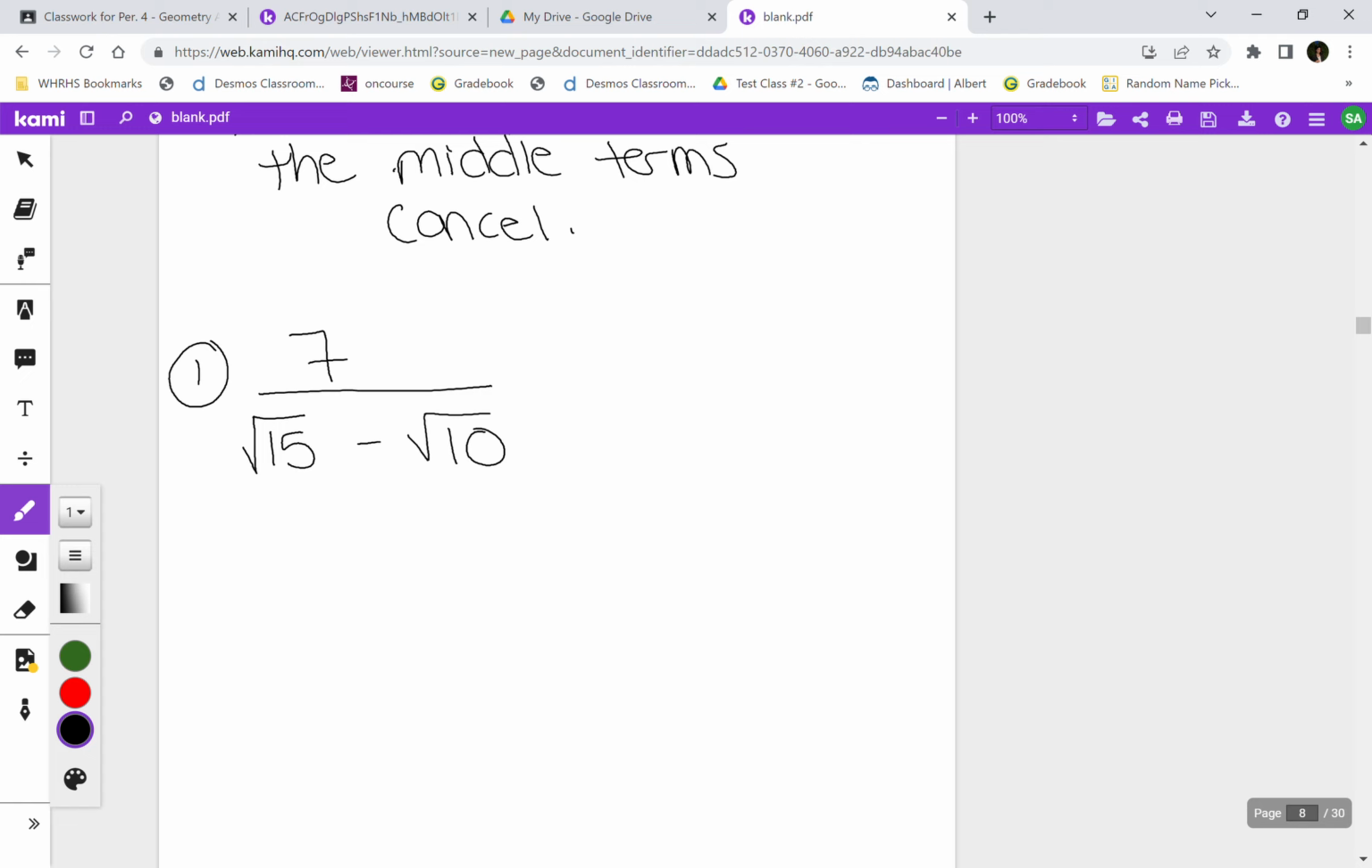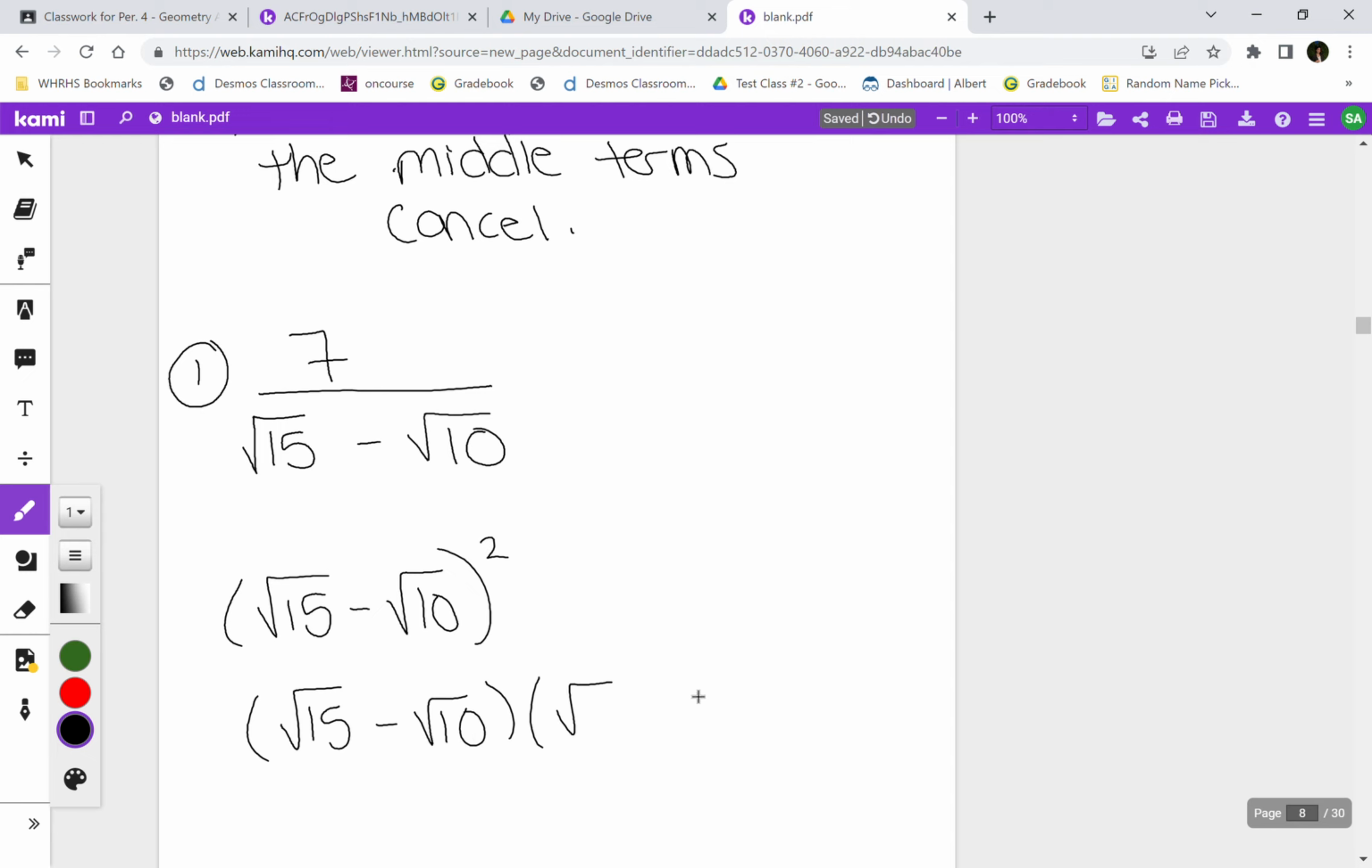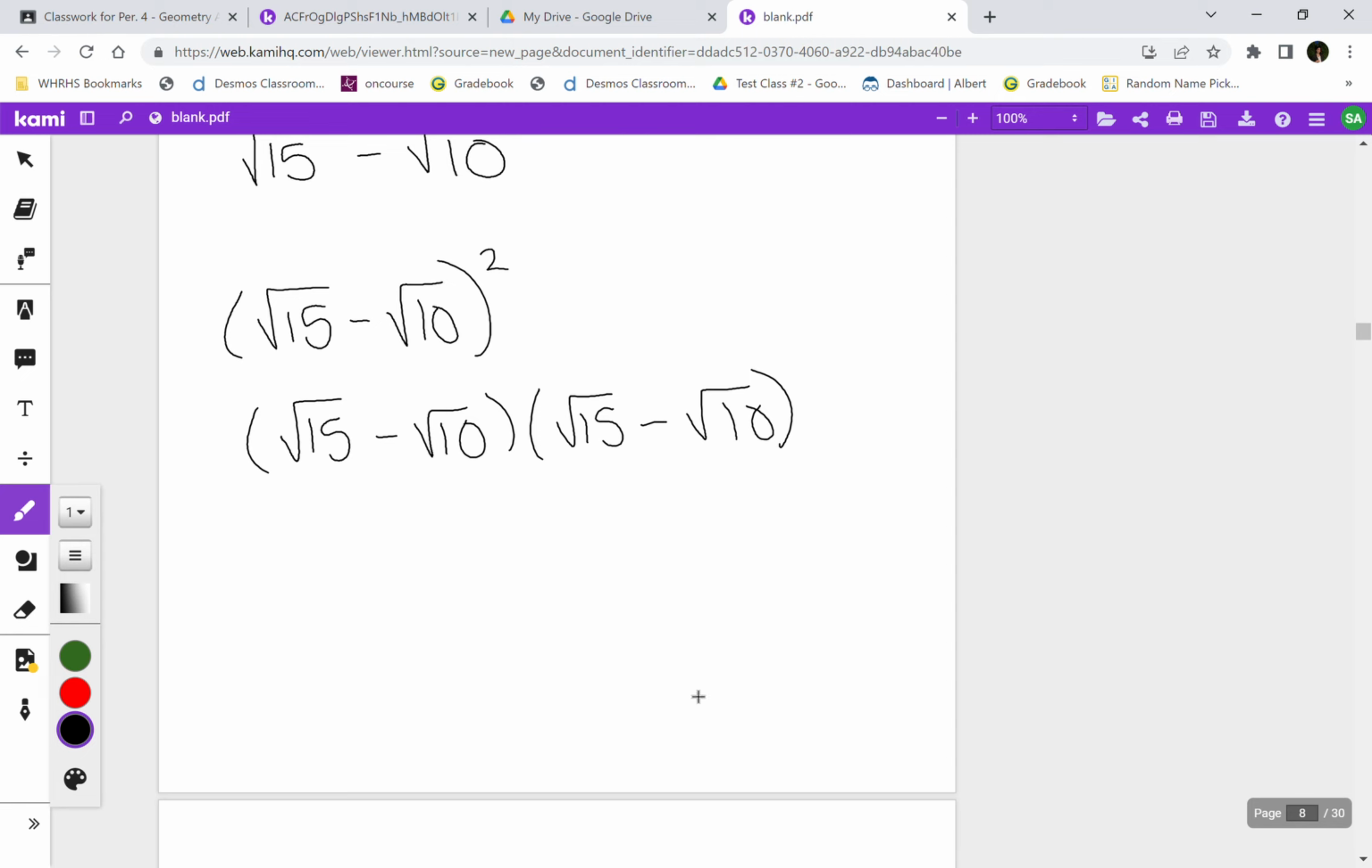So am I allowed to just multiply by the radical? No. So then somebody might say, well, just multiply it all by itself. Don't do this because it's wrong. If you multiply root 15 minus root 10, it might be like, oh, just square it. Well, if you square it, isn't it the same as saying root 15 minus root 10 times root 15 minus root 10? Well, that's going to be